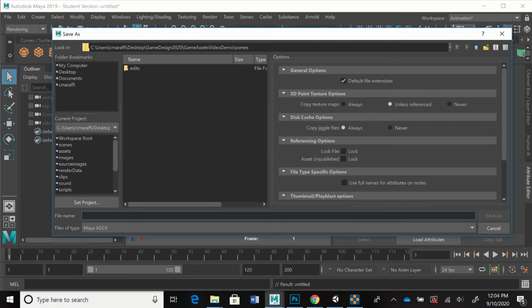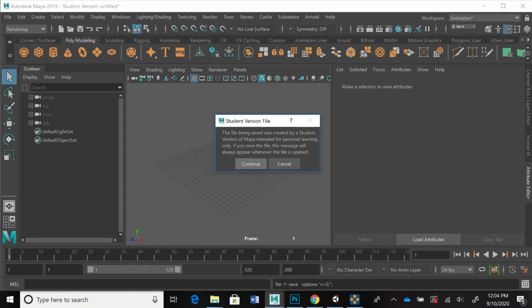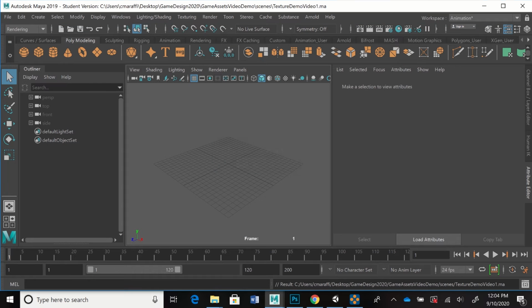So I'm going to go ahead and name this something. Let's call this Texture Demo Video 1. Okay, so Texture Demo Video 1, I'm saving it. It's going to tell me I'm using a student version, and that's been saved. So to set this up,